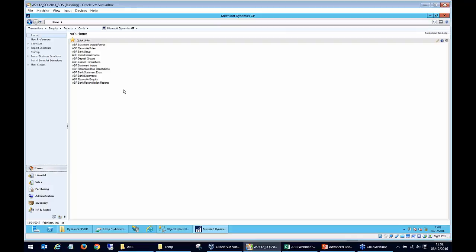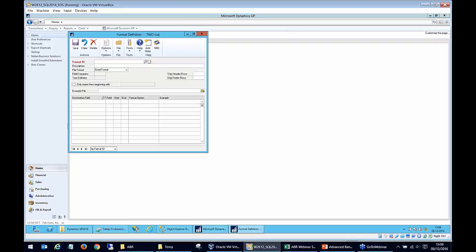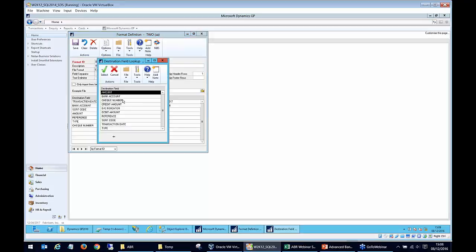So what we'll start with first is the statement import format. So basically in this screen, I've already set one up, so if I just go to it, in the screen you actually tell Dynamics, this is the file that I would like to import, and you are going to be actually mapping the file fields to the Dynamics fields. So basically the advanced bank reconciliation module gives you a set of fields